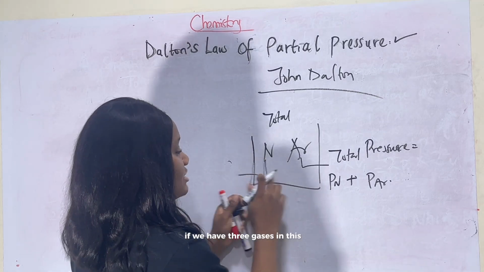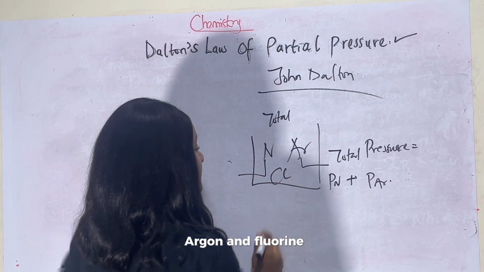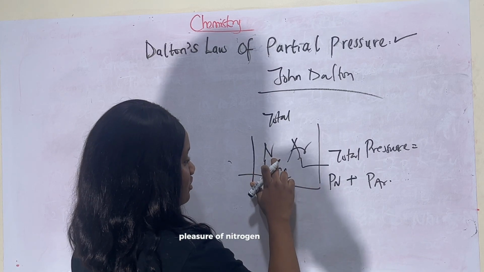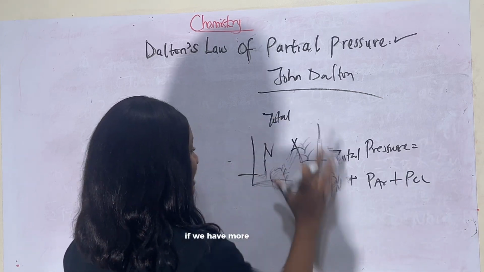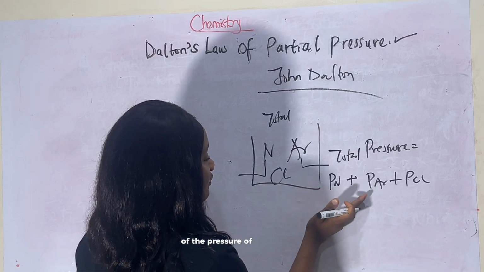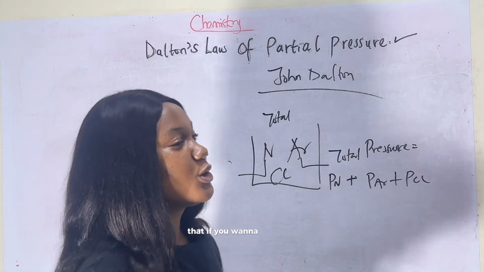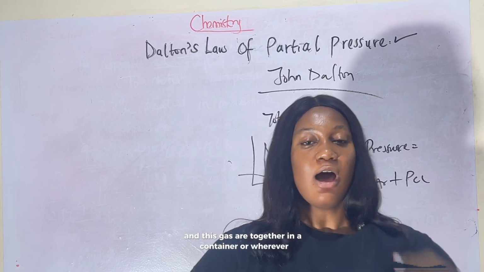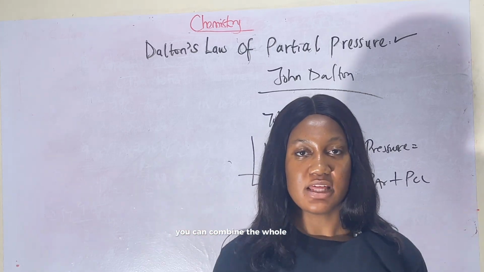If we have three gases in this container, let us say that we have nitrogen, argon, and fluorine, the total pressure of gases in this container is going to be the pressure of nitrogen, the pressure of argon, plus the pressure of fluorine. If we have more gases in this container, the total pressure will be the sum of the pressure of each of them. Now, all that is trying to say is that if you want to know the pressure of gases that do not combine, and these gases are together in a container or wherever, all you have to do is know the pressure of each, and once you know the pressure of each, you can combine the whole thing together